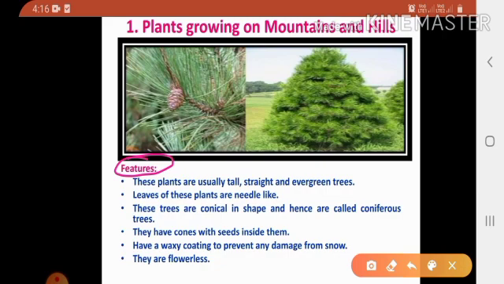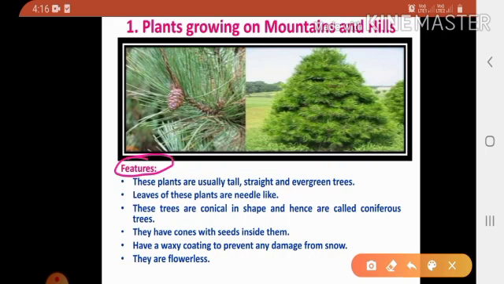Third one, these trees are conical in shape and hence are called coniferous trees. Fourth one, they have cones with seeds inside them. Fifth one, they have a waxy coating to prevent any damage from snow. Sixth one, they are flowerless. I will explain one by one.